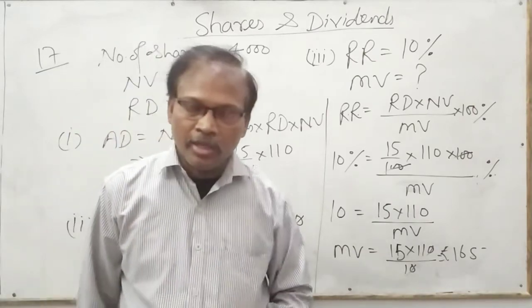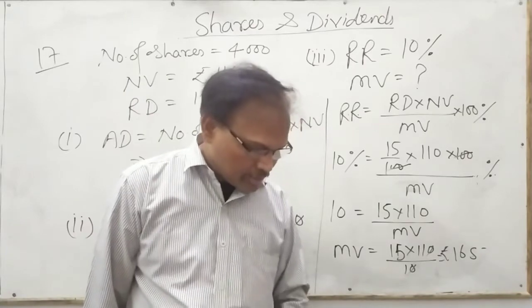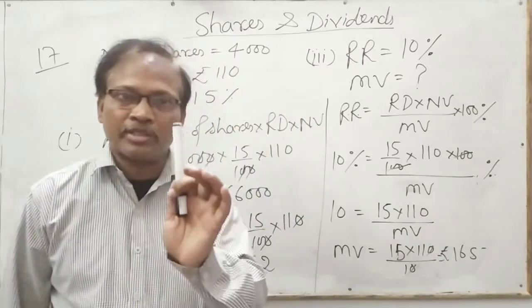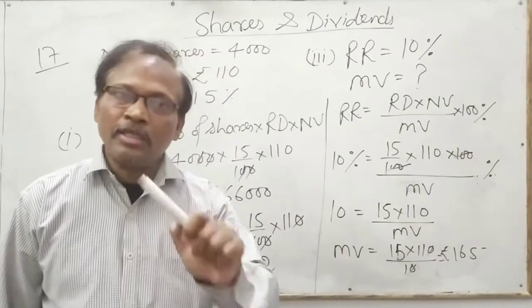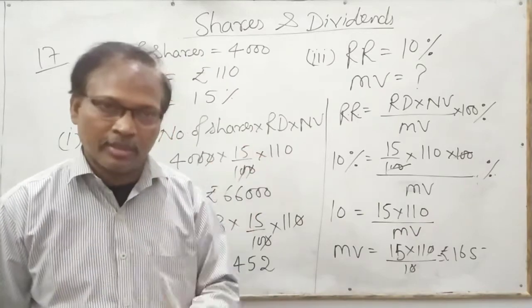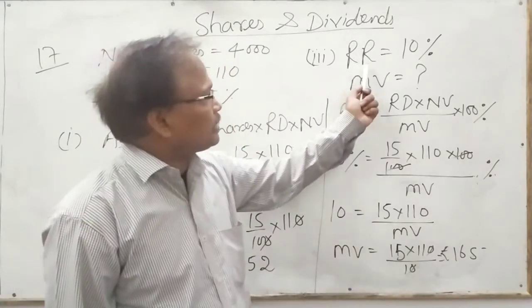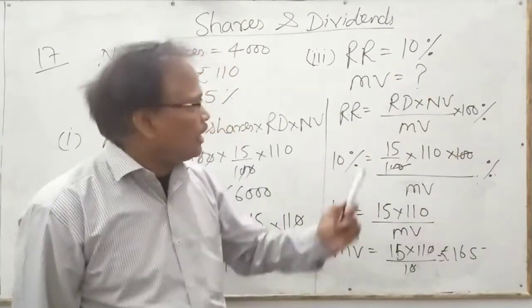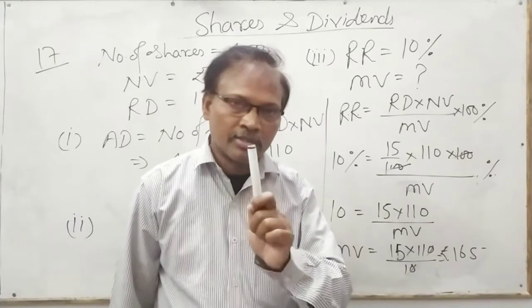In the third part, asking if the profit on his investment, if he received 10% on his investment, this is the profit, what price he paid for the shares. उसने कितना प्राइस पे किया था यदि उसके सिर्फ 10% रिटर्न मिला. इट मीन्स रेट ऑफ रिटर्न इज 10%. आस्किंग द मार्केट वैल्यू. I told you in the first video, that is about the formula.